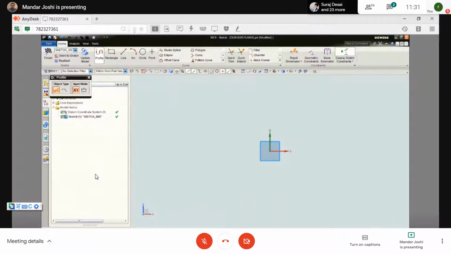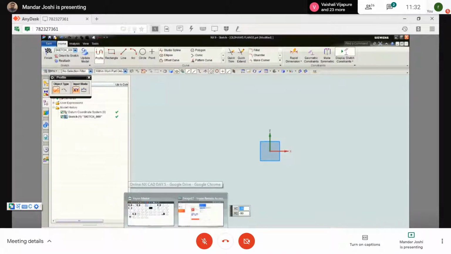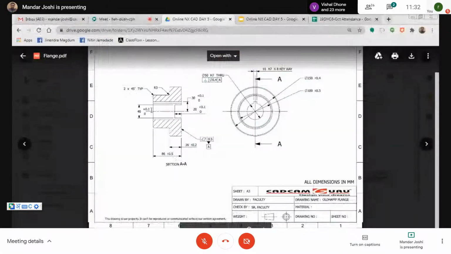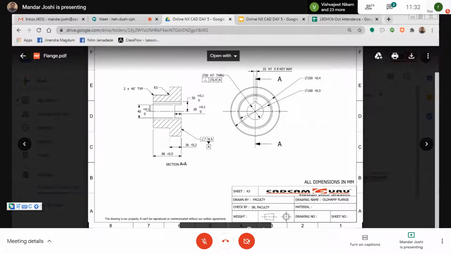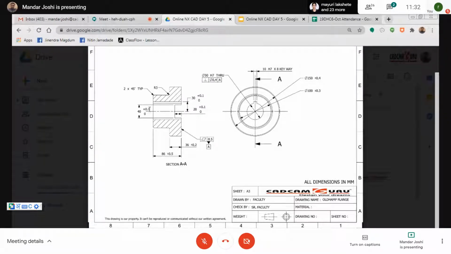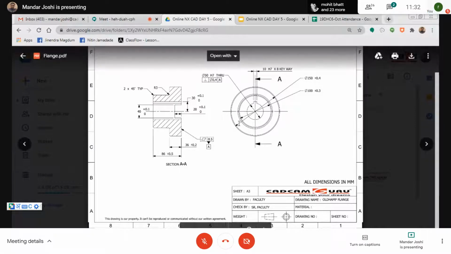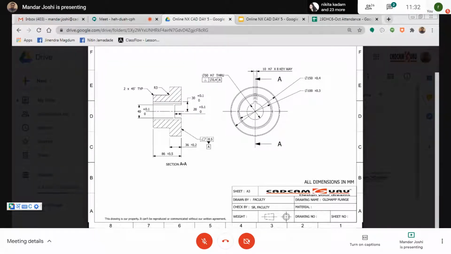Okay. Now here you have to create the profile. Which profile? Only the half side profile, up to the center line axis. That is nothing but your L shape. After creating this half profile, you have to revolve the profile to add the material, because here the addition of material is in an angular way, not a linear way. That's why you have to use the revolve command.